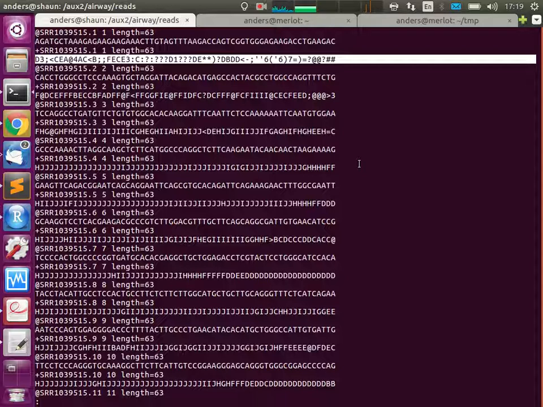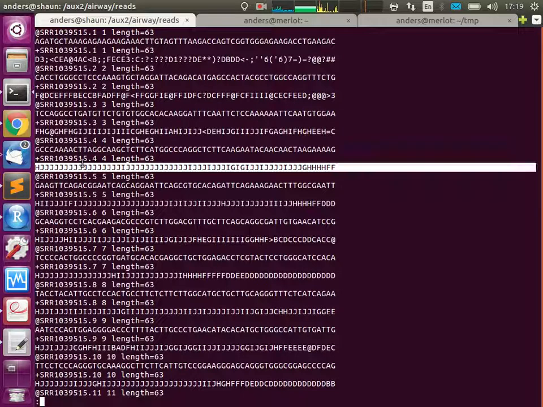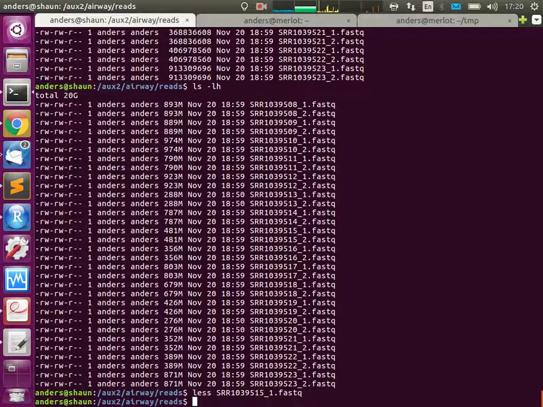You can get a first look by looking at the quality scores and say, okay, J is a high number. This, for example, is a good read. That's what you want to see in most of the data, but not all of it. So you might have a quick look through all of this. What you can also do is just go ahead and align it to the human genome. After all, this is human data, so each of these reads is expected to appear somewhere in the human reference